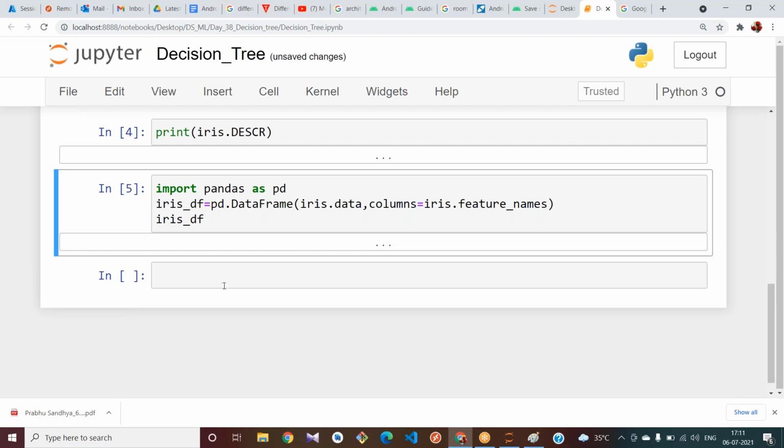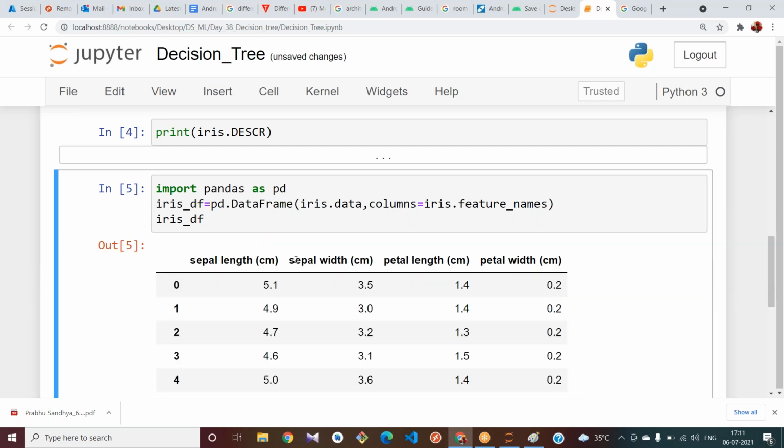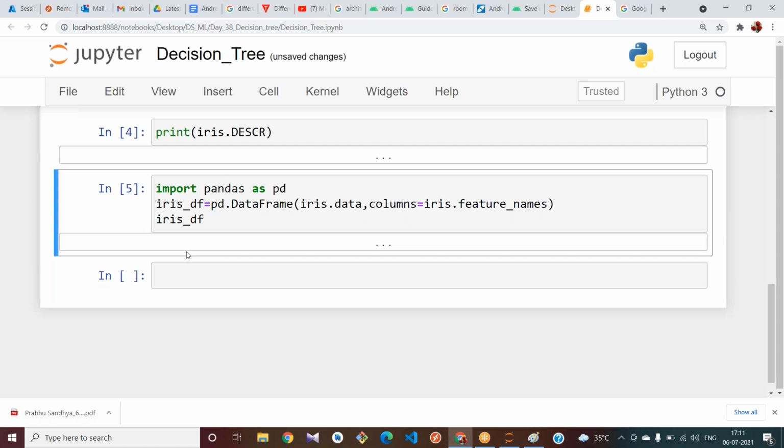Now it's time to split our data. First select x and y and then split your data. We have 4 columns, and we need to add the target column here. Let me add the target column: target equal to iris dot target.